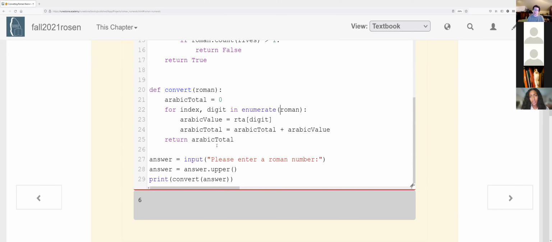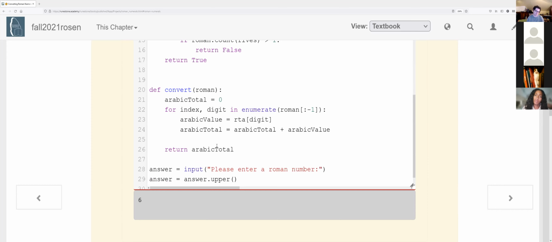And now also, this part is going to be a bit wonky at the end, and I'll explain why in a bit. I'm going to do a slice. Actually, I'll explain it now, but